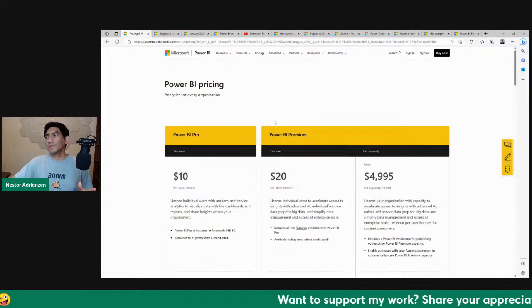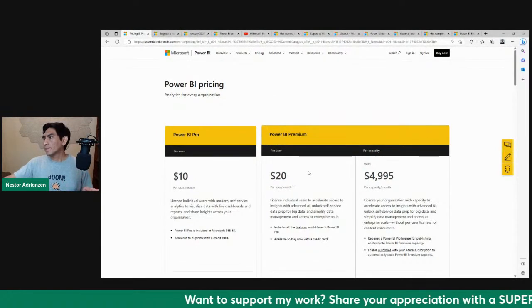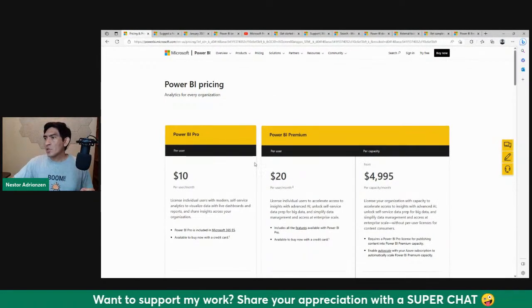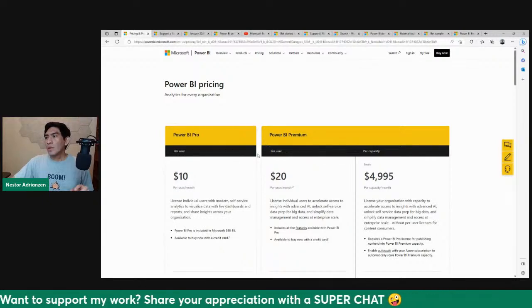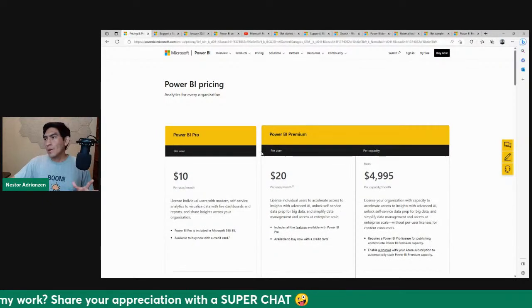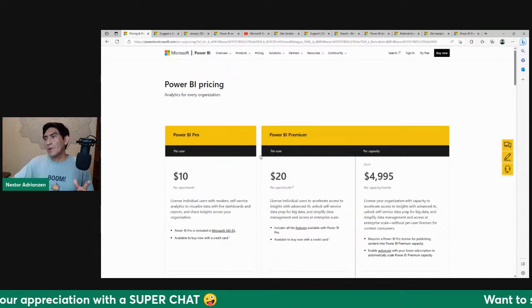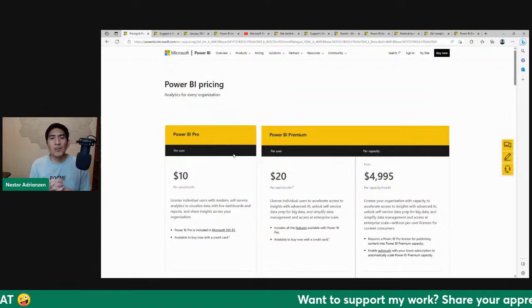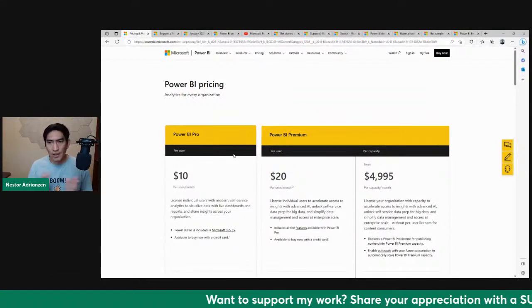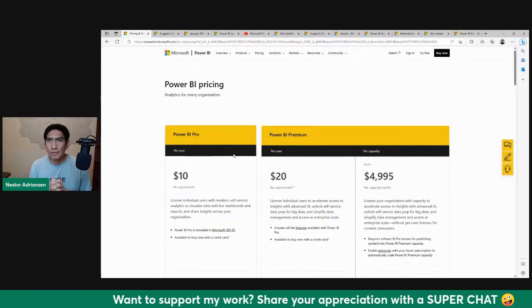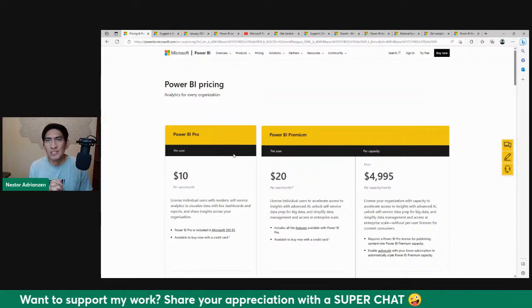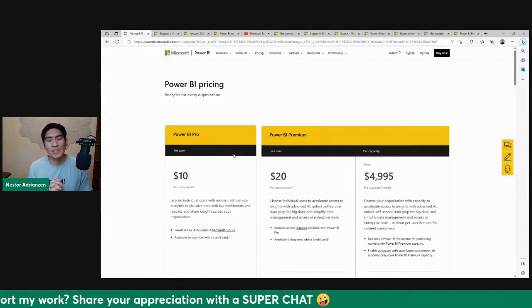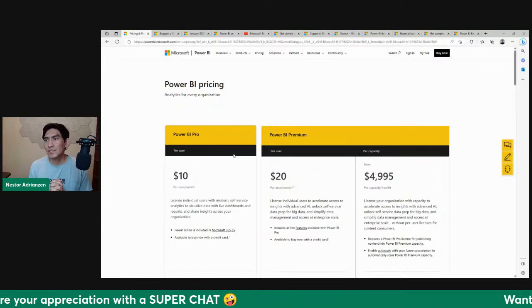Power BI pricing. So you might know this, but I'm going to show you so you can have an idea about the options that you might have to start playing with Power BI. Like I said before, you can build reports in Power BI, but if you want to share them with your peers, you need to have a license, and also your peers need to have a license.